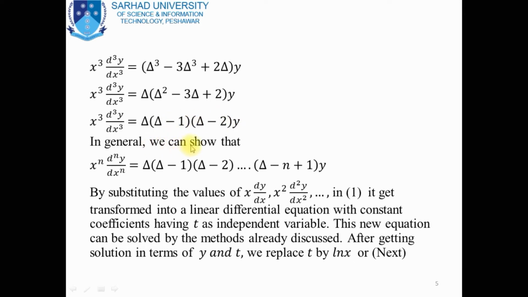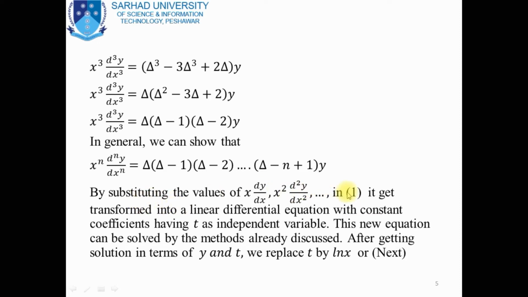In general, we can show that x power n times the n-th derivative of y with respect to x is equal to del into del minus 1 into del minus 2, and so on, up to del minus n plus 1 into y. By substituting the values of x dy by dx, x square d square y divided by dx square, x cube d cube y divided by dx cube and so on in equation number 1, we get